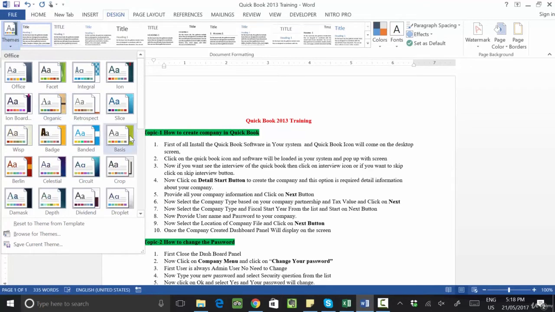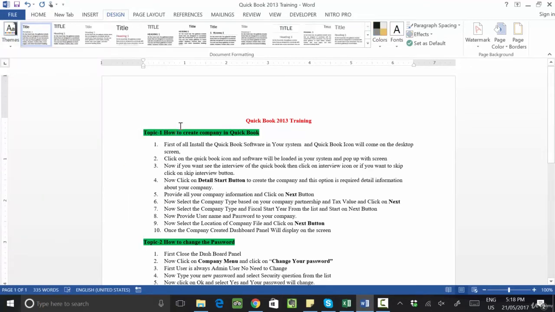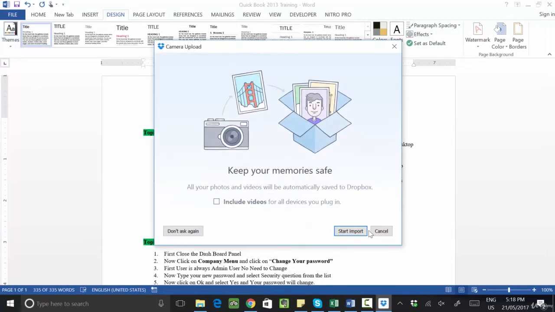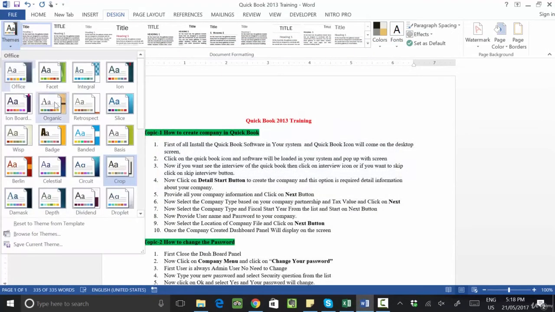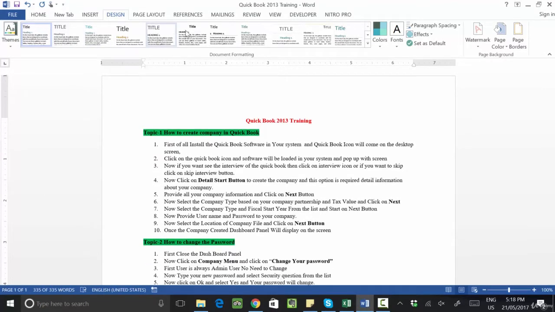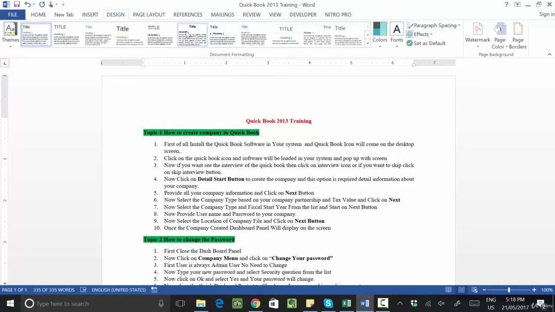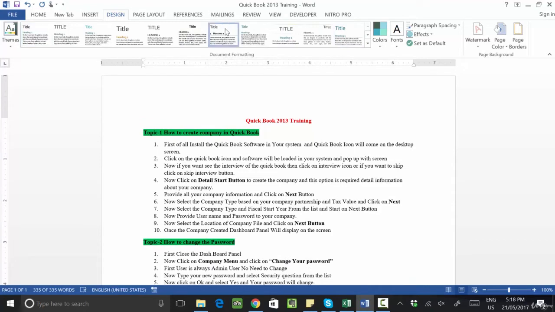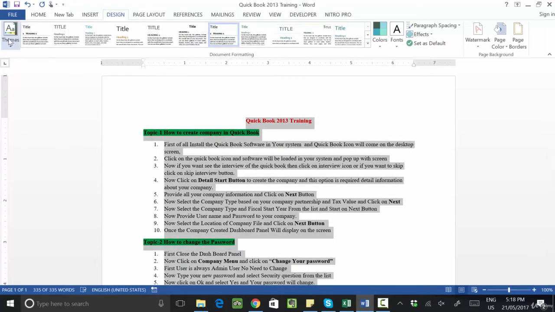If you click whatever theme you want to apply, select the text and apply the theme in this. See, right now there is no effect coming on this one, right? So I want the text effect to become, for example, I apply a specific format here. Let's say we apply this heading. Okay, now you will apply the theme.